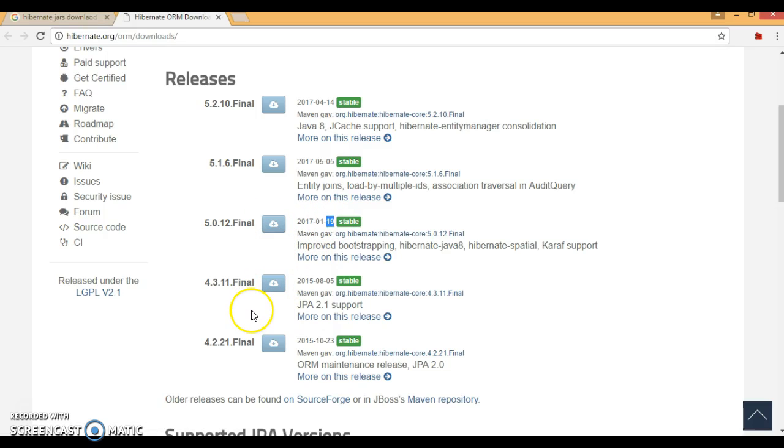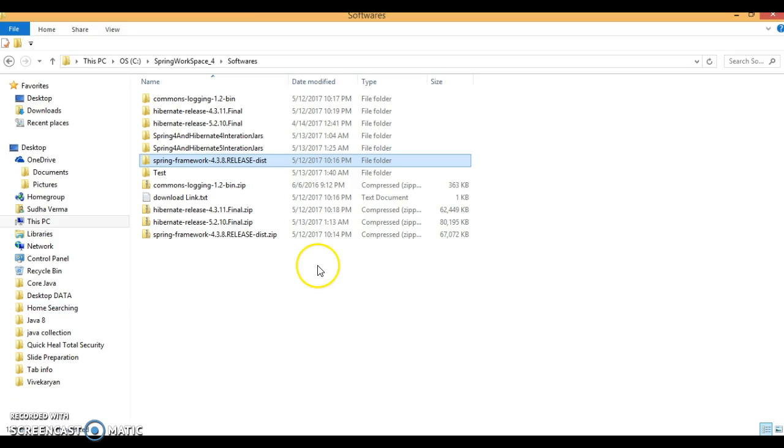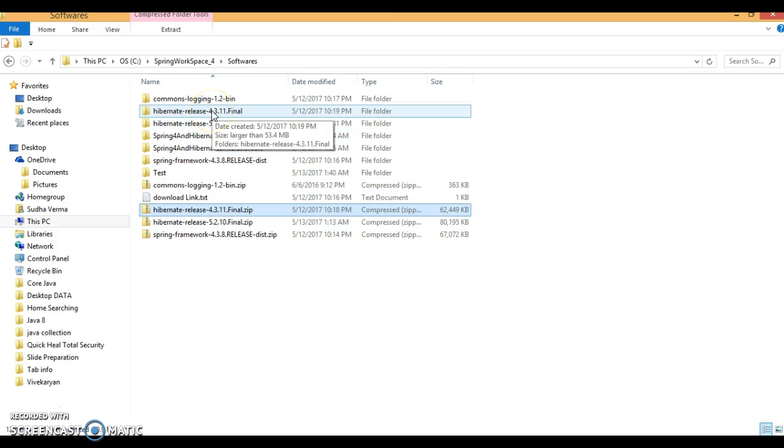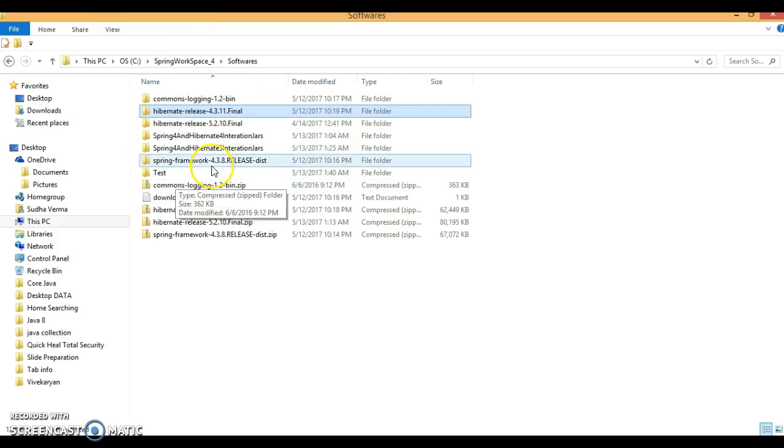But if you look into Hibernate version 4, the latest is 4.3.11. This binary I have already downloaded and kept in my local drive. This is the zipped version, and this is the extracted version. I'm going to integrate this Hibernate with the latest Spring version.